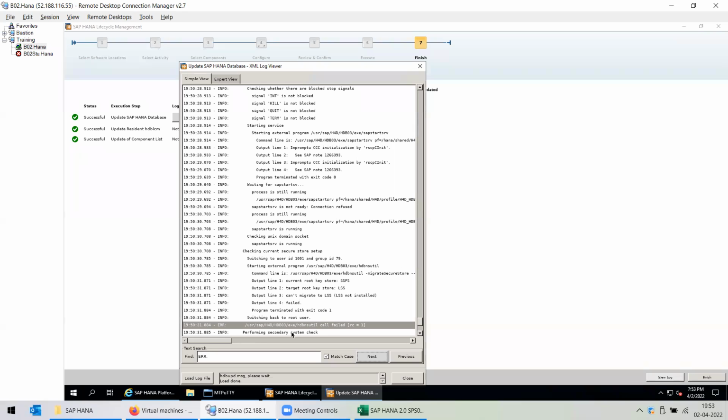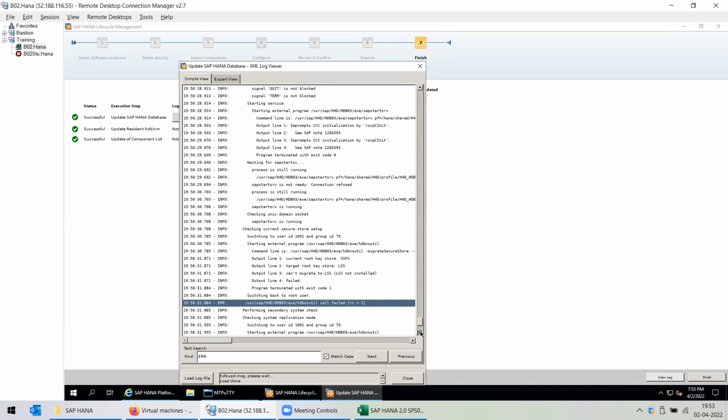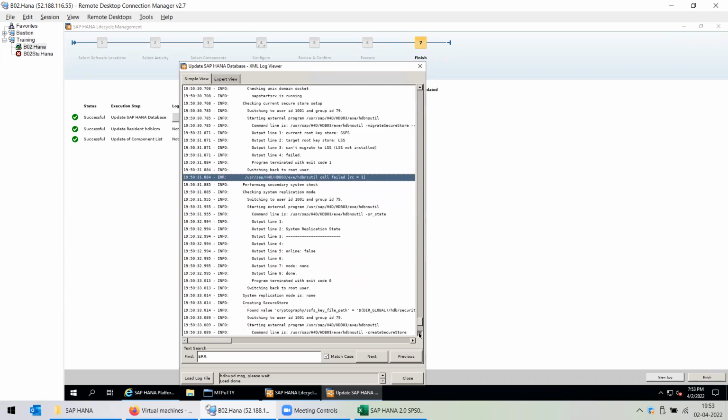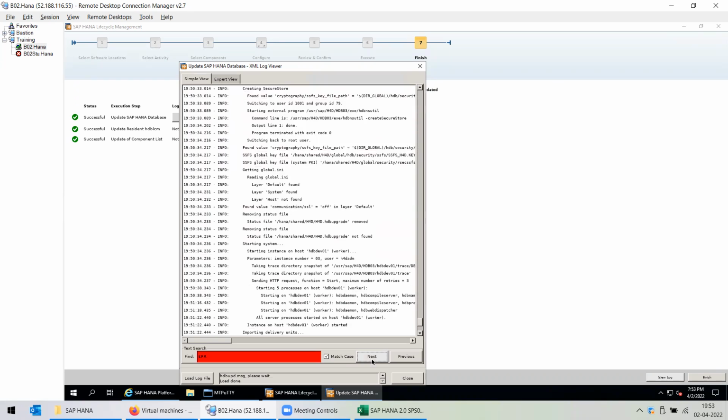HDBNS, you can see it is performing a secondary system check, checking system replication mode. I think because it was checking this replication mode, it gave the error. Other than that there is no issue over here. Next, okay, that was the only instance of this error. You can also check it in a smaller